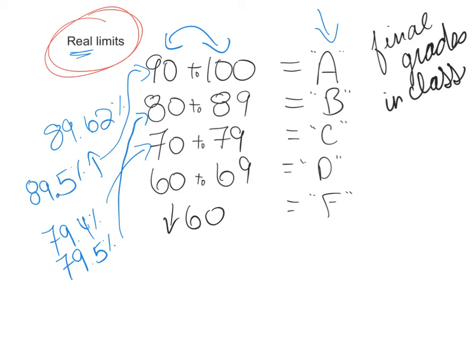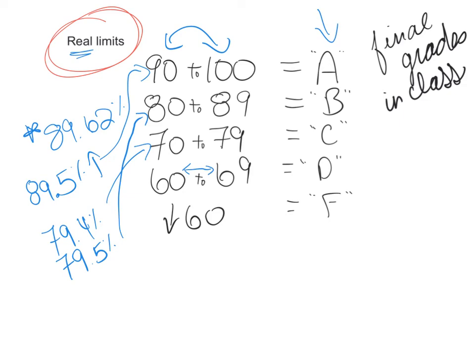So you could have an 89.62, like this person had here, or you could have an 89.625, you could have an 89.6254321, right, and keep going down, down, down. So it's a continuous number line, and the real limits that are separating two adjacent scores, right, this adjacent score to this adjacent score,